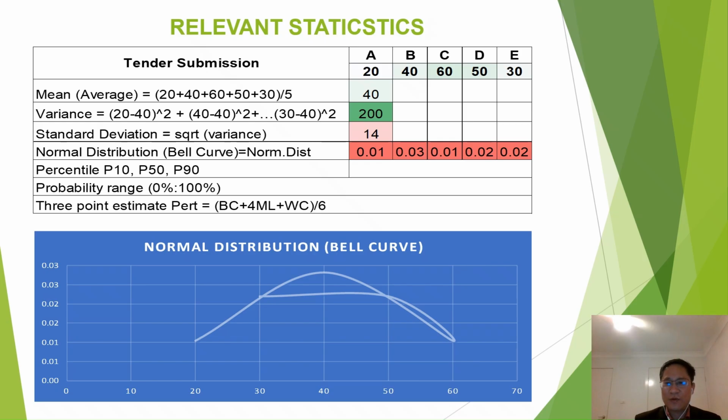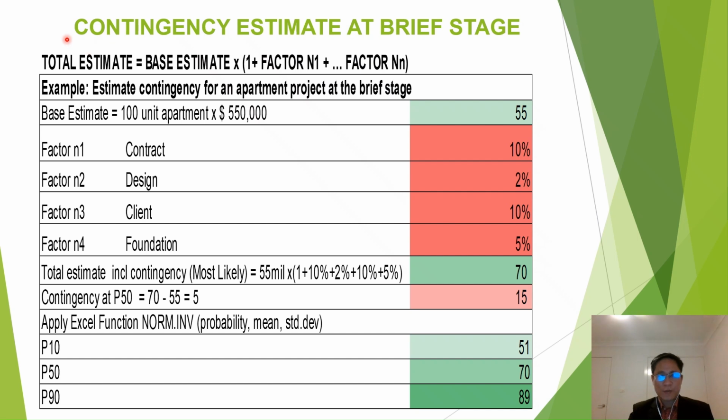We don't put the best case or worst case. So one of the approaches we can use to calculate the contingency estimate at the brief stage, where we don't have much information, just very limited data,